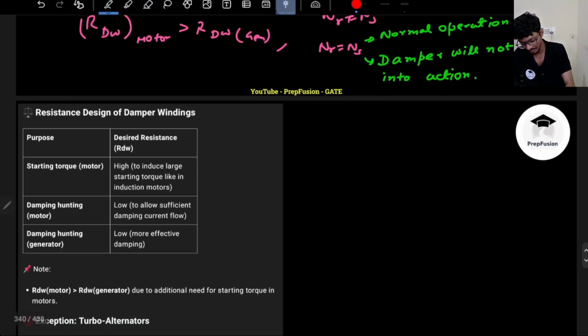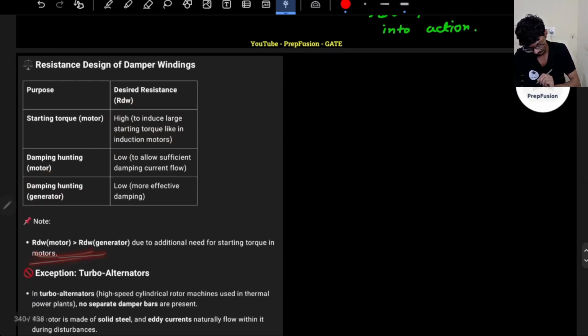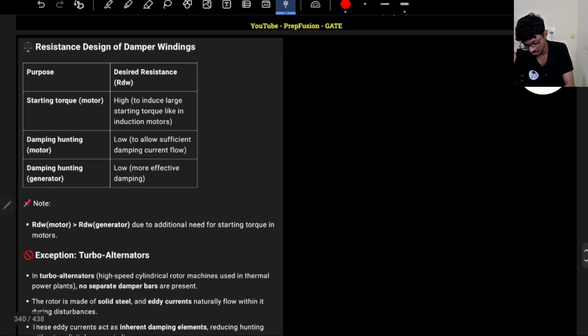Okay, so that is what I have written over here, that for a motor, the desired damper winding resistance will be higher. For a generator, the damper winding resistance will be lower. Generally, the desired resistance for damping oscillations or hunting is lower only, but in case of a motor I need it to start as well, I need higher starting torque. So this is a practical scenario that the damper winding resistance of a motor will be higher than